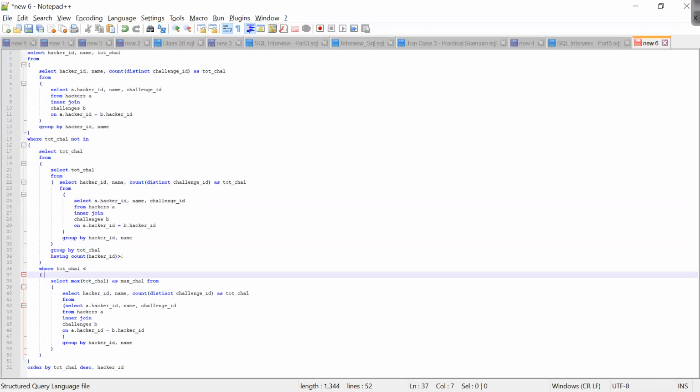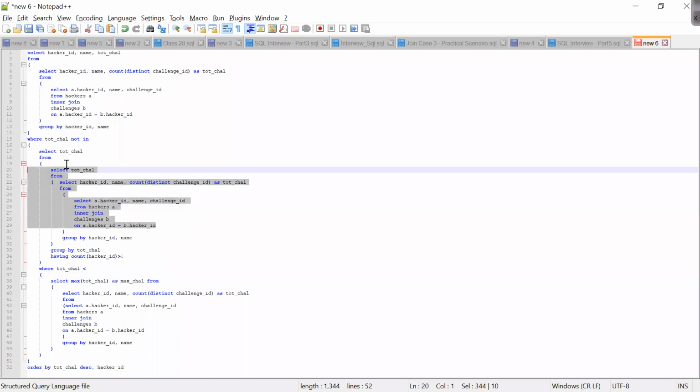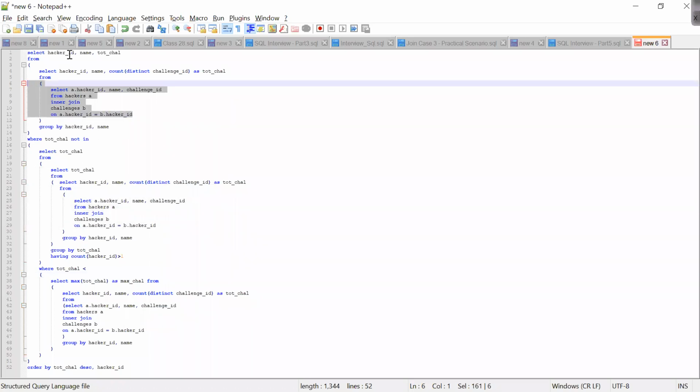Very simple logic, but a very bad way of writing the query, because the same thing I am calling 3 times. As of now I have only a very small table, but what if we have a big table? You are joining challenge and hacker one time, challenge and hacker one time, challenge and hacker one time, 3 times you are joining it, right?